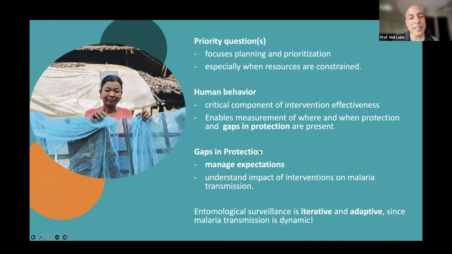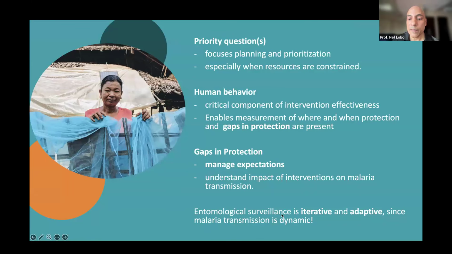For example, if we have a site and we understand how bed nets function there, and we understand that bed nets will only enable, let's say, 50% of protection, we can go to our bosses and say, yes, we should implement bed nets, but it'll only be 50% effective. We can only possibly, at the maximum, reduce transmission by 50%. So this manages expectations, right? We're not going to get rid of malaria with this. We also have these gaps in protection that we have to deal with, right?